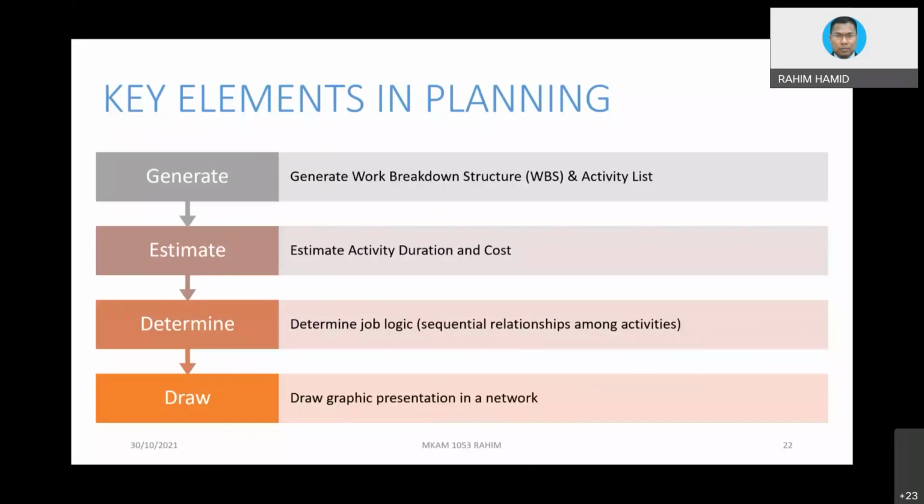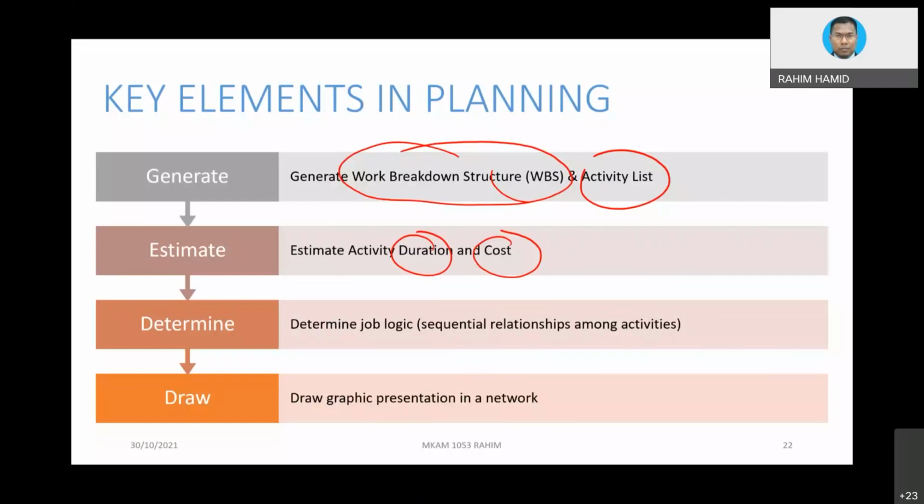Key elements in planning: generate WBS. The first thing first, normally we develop WBS in order to come up with the list of activities. That is the most important thing. And then estimate duration. When you estimate duration, eventually cost will be there because you will attach the right resources. And then logic, the sequence relationship must be there, because otherwise your work will be very funny,